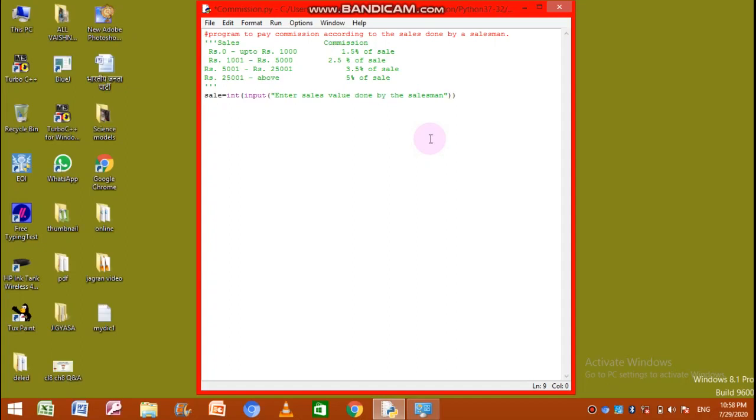Now we have to check the value. If sale is greater than 0 and sale is less than or equals to 1000, then hold the value of commission in variable C, and it will be calculated as sale into 1.5 upon 100.